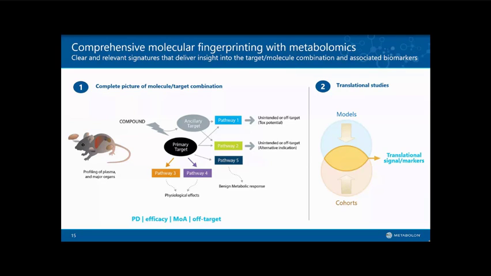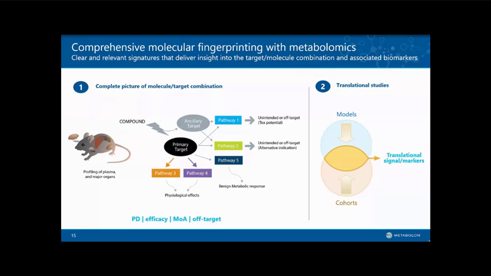The other thing, besides that deep insight, is that those same signals of hitting the target, pathways reflecting efficacy, and potential liabilities can be converted over to biomarkers as well. That's the subject of the second part of the slide, on the far right. It is trying to use this technology, as Greg also mentioned, the translatability of metabolomics, with model systems overlaid with appropriate human cohorts to find translational markers, to evaluate your models and make sure they're as close to the actual human case as possible.